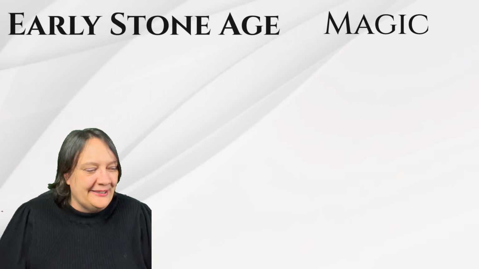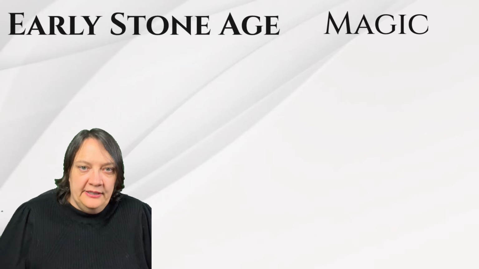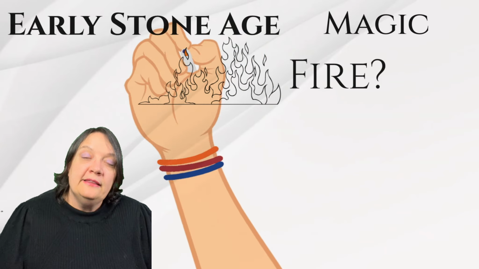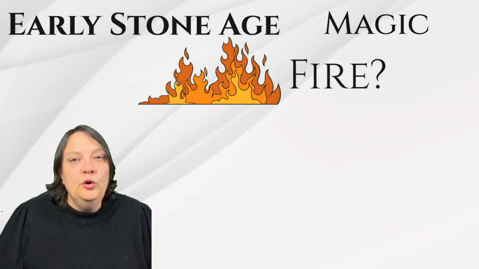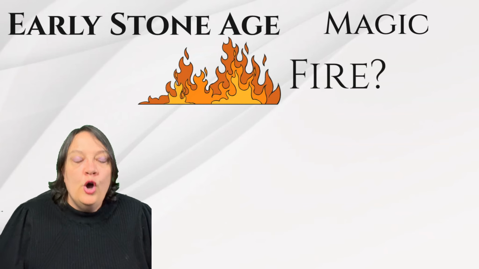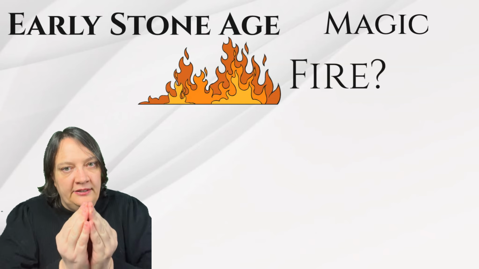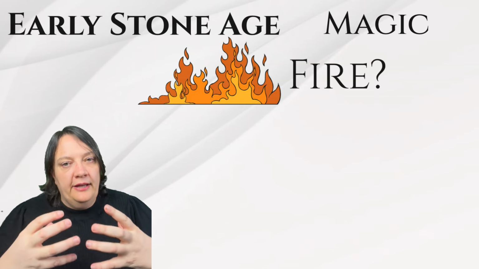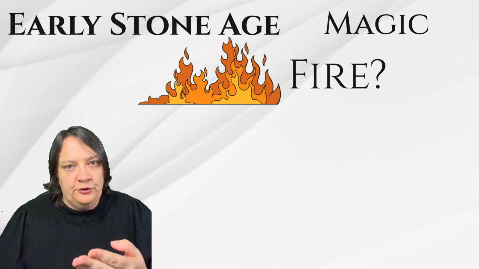Let's talk about magic, because this is fantasy world building. So, I cannot overstate the importance of fire in these cultures, but I also cannot overstate the importance of not making your magic system of such a nature that they have complete control over fire. Because if you do that, you will move out of the Stone Age very fast. One of the limiting factors of the Stone Age is how much heat you can generate in a fire. Because once you can generate enough heat to smelt ore, you will almost instantly move into the Copper Age.